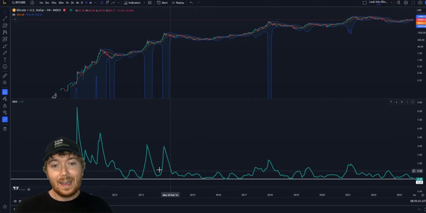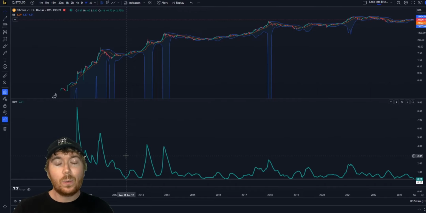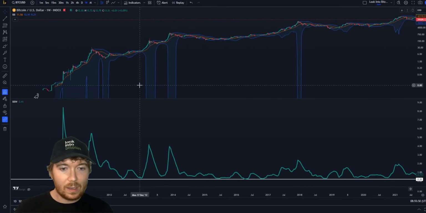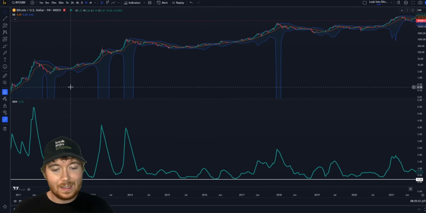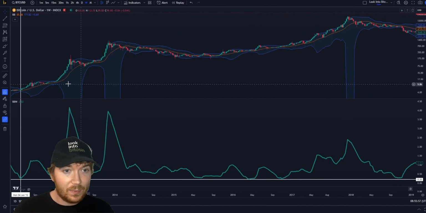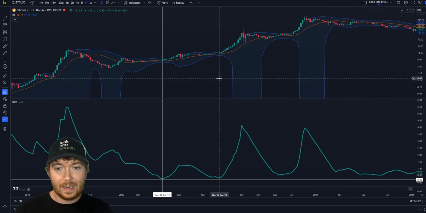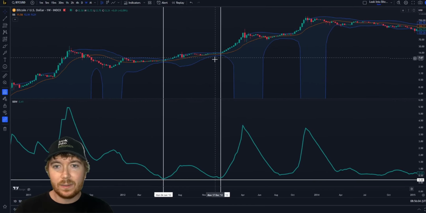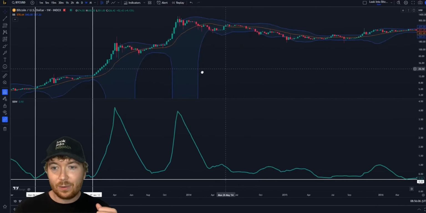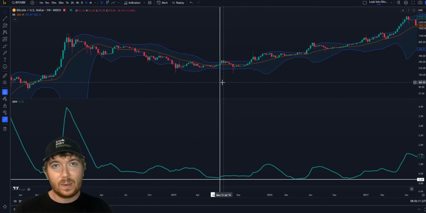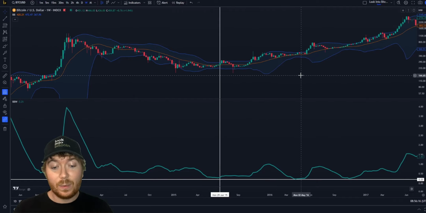But what we can see is each time the Bollinger Band width became this narrow, it always led to a volatile move. If we just scroll back all the way to 2012 here, we can see that we had a fairly low amount of volatility at this period in time before we had this huge exponential price increase. And if we just scroll again here, we can see this came comparatively close before, again, a huge price increase. And as we just scroll along, we can see in all of these circumstances, as soon as the Bollinger Band width became this narrow, we could see a huge move to the upside, or occasionally we do see a huge